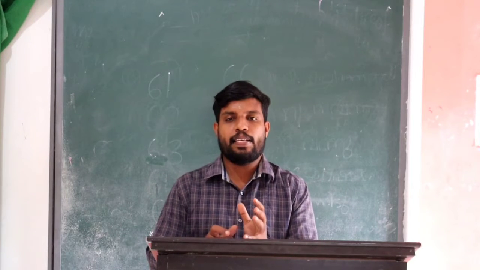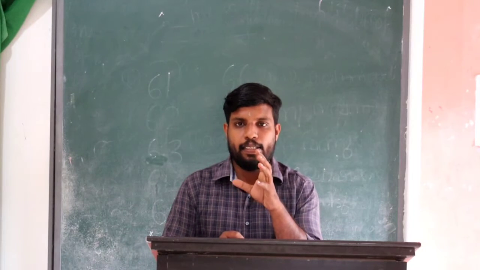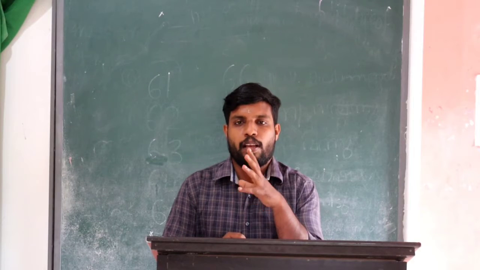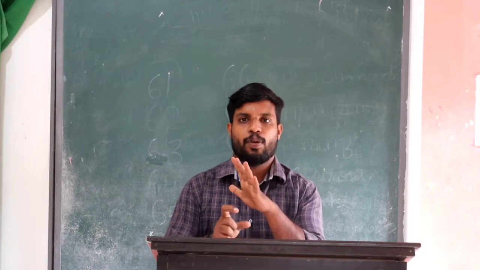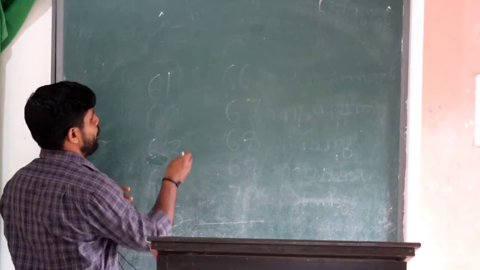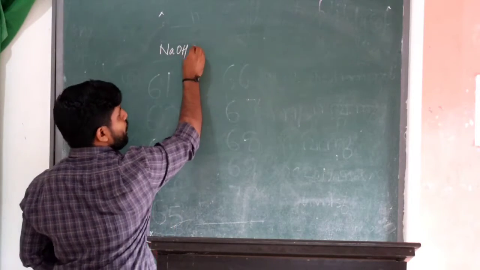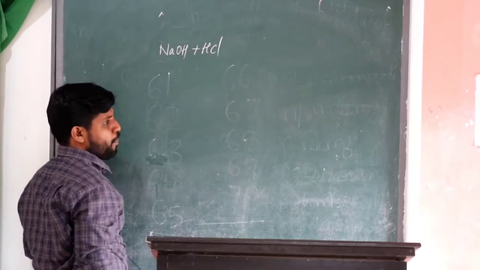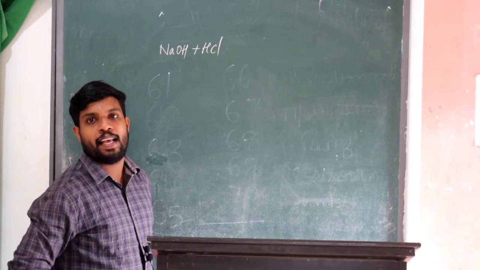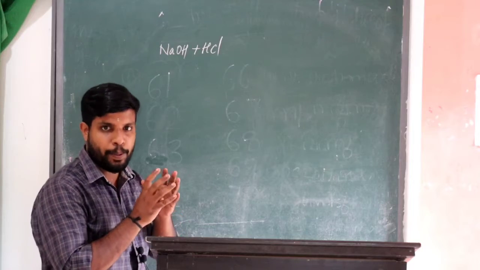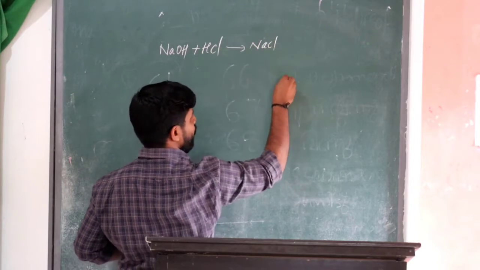It is related to acids and alkalis. We have discussed the properties of acids and alkalis, and in the last class we discussed the neutralization reaction. So what is a neutralization reaction? A neutralization reaction implies that when an alkali, that is sodium hydroxide, reacts with an acid, that is HCl, it nullifies the effect of both substances. That means the properties of the acid as well as the properties of the alkali are diminished, and it forms salt, that is sodium chloride here, and water.